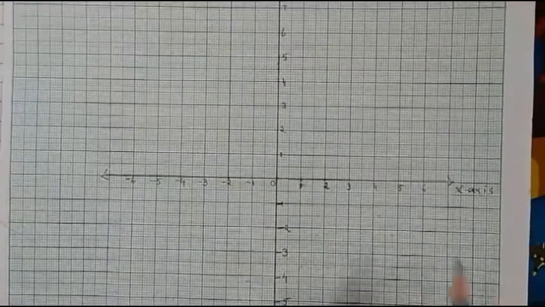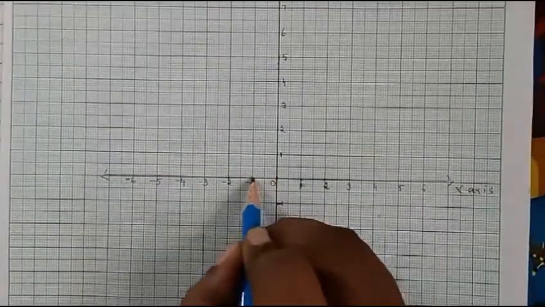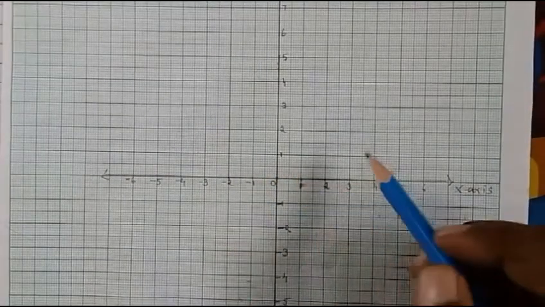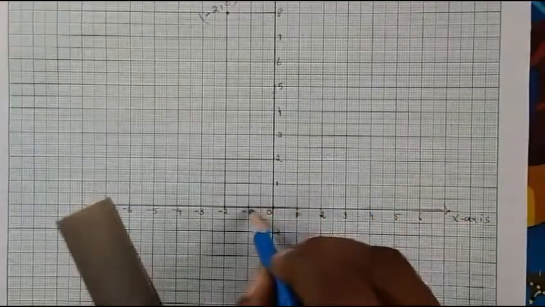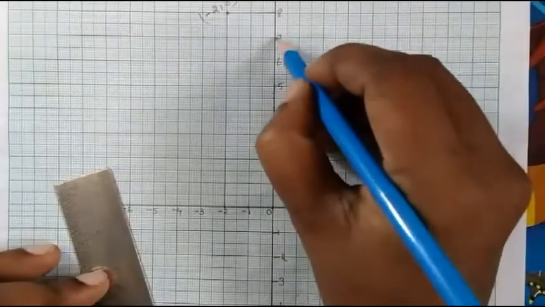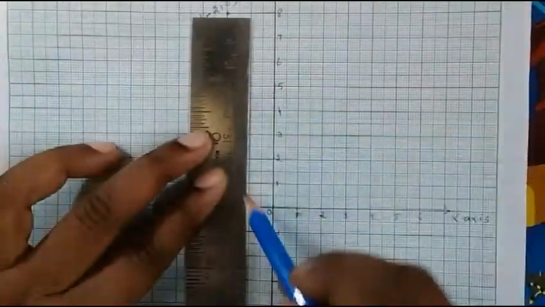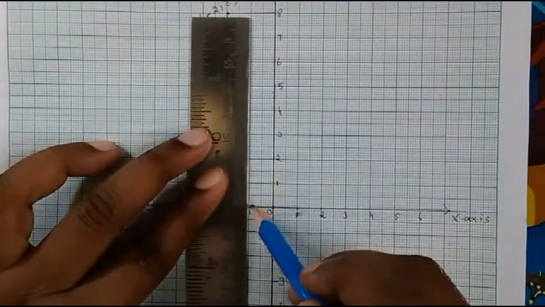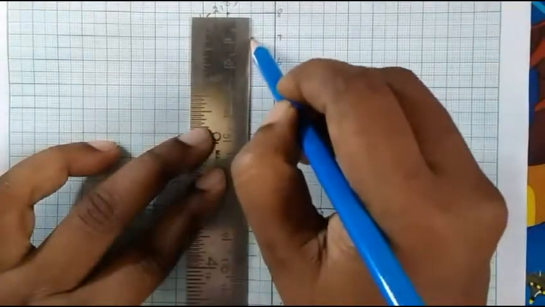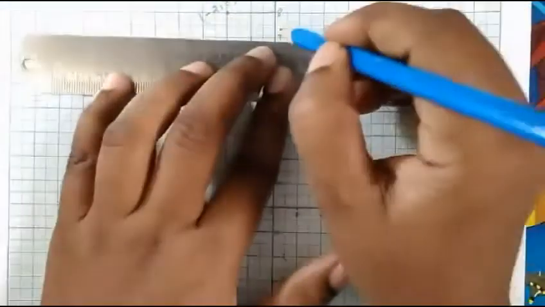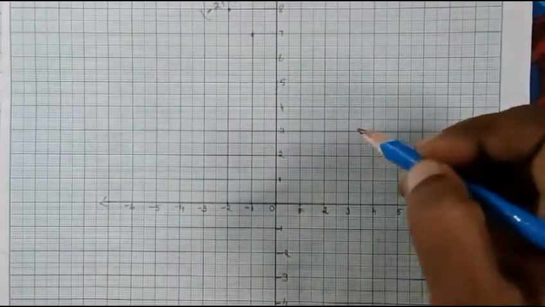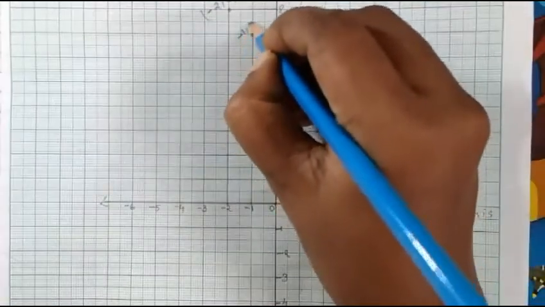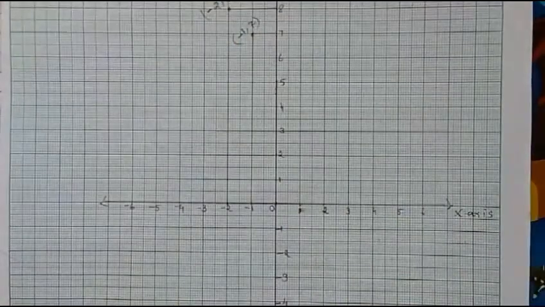So minus 1 and 7. So minus 1 on x, minus 1 is here. Minus 1. 7 is positive, so it will be up direction. So let's take minus 1 is here and 7 is here. So let's draw the line. So minus 1, it will go up direction because it is positive. This direction it is 7, it is here. So this is the point where both the lines are meeting. So this is minus 1 and 7.